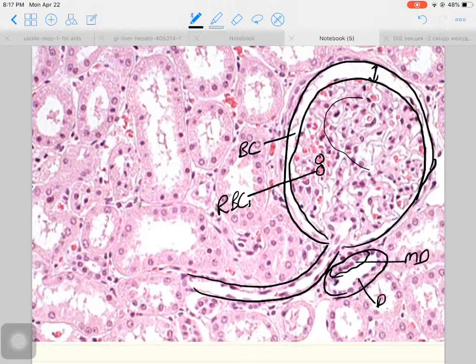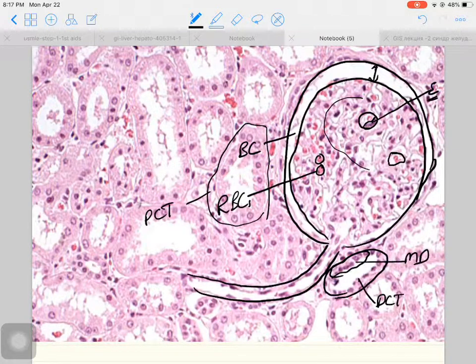Here we have the distal convoluted tubule, and here we have the proximal convoluted tubule, and here we can see the endothelial cell, and then the capillary lumen, and this is also a capillary lumen having the endothelial cell, and here is present the